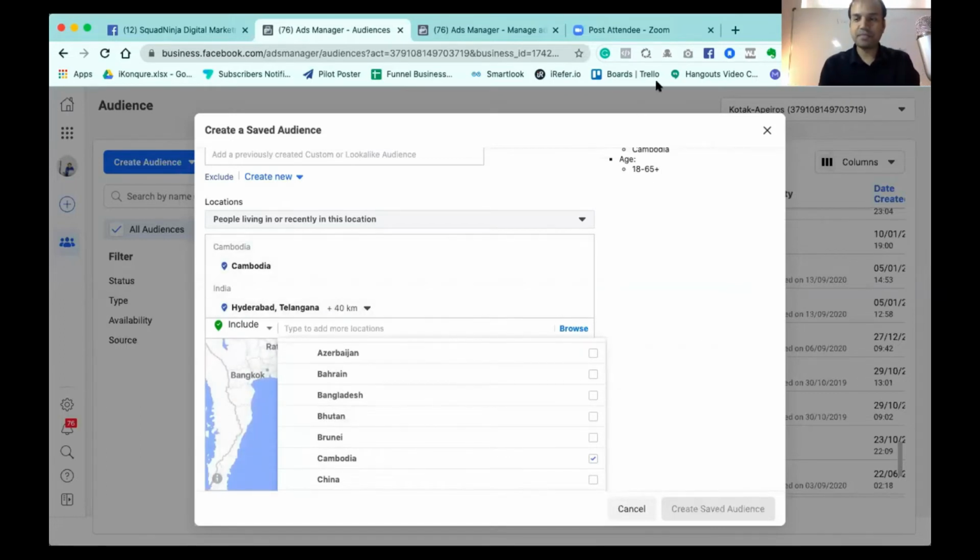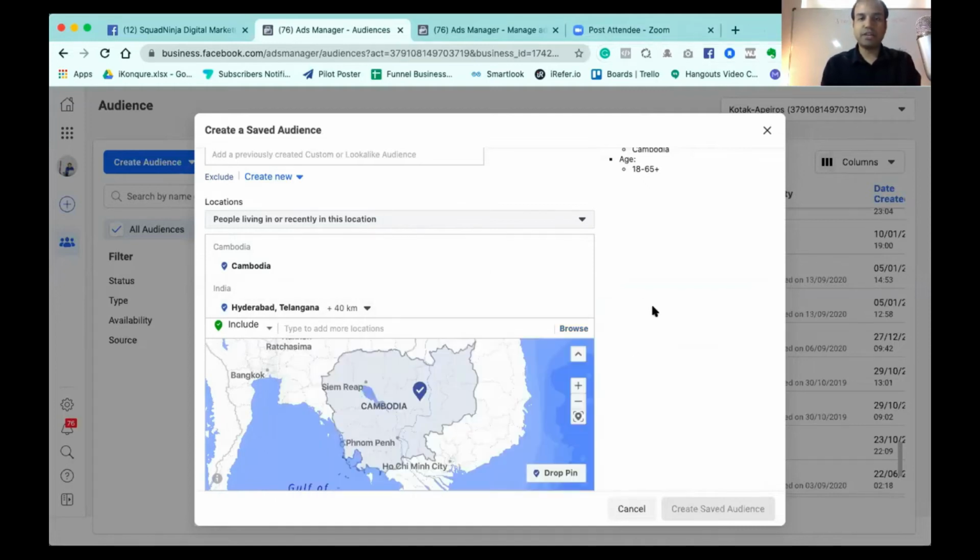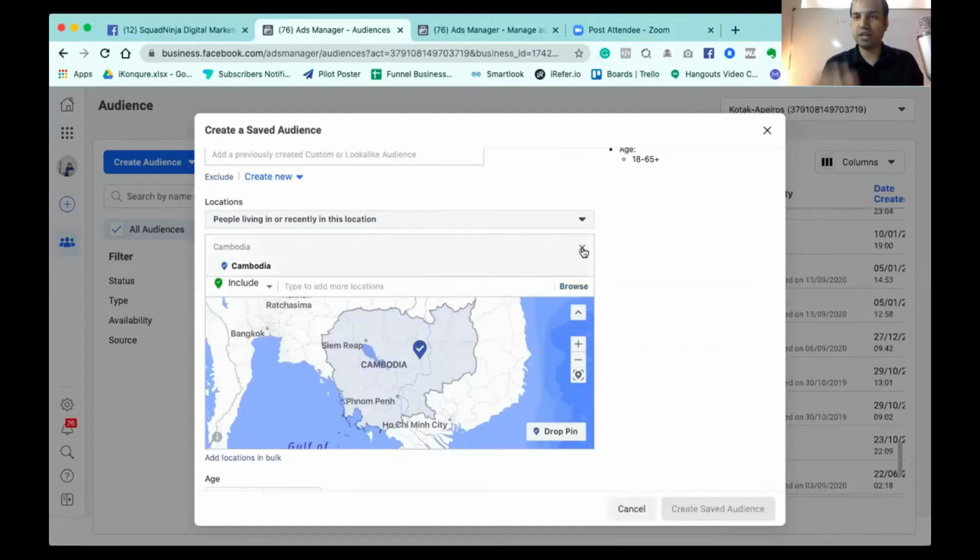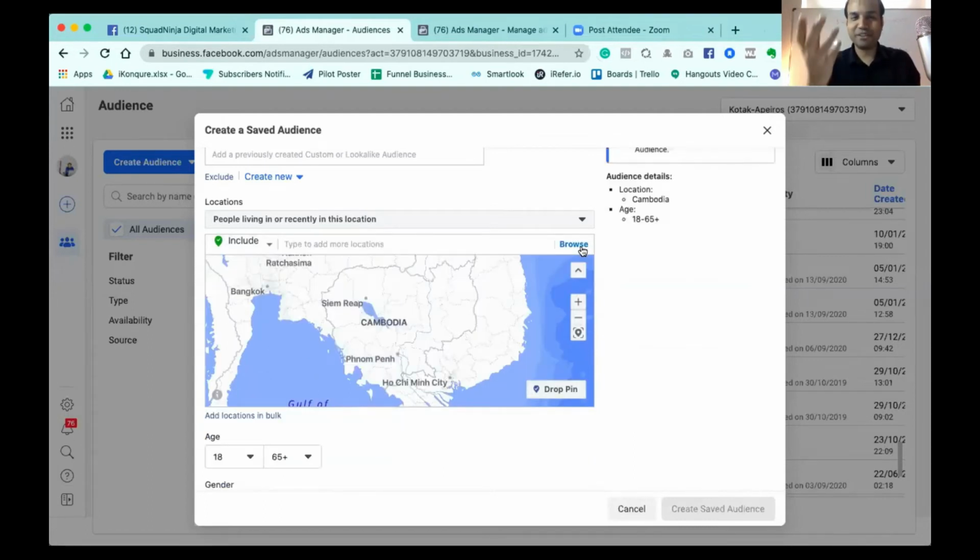Now what you can do next. For example, I want to target the whole world, irrespective of the country location. What should I do? Should I go and write all the 200 plus country names? Anybody has a solution for that? Even I don't recommend targeting the whole world, but does anyone have a suggestion?